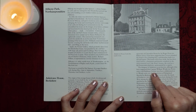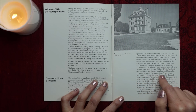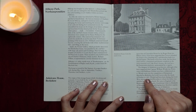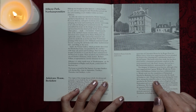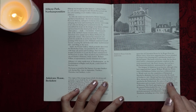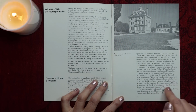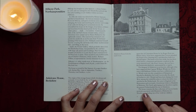The designer of Ashdown is not known, although it has been suggested that Captain William Wynd and Balthazar Gerbier, great name, may have collaborated on it. Wynd took over the completion of Hampstead Marshall in Berkshire for Lord Craven after the death of Gerbier in 1667. Wynd had been born during the Civil War among the exiled royalists, to whom his father was attached in the Netherlands. He came to England at the Restoration and was made a gentleman usher to Elizabeth of Bohemia. His Dutch upbringing may therefore explain the general Netherlandish flavour of Ashdown. The house contains the